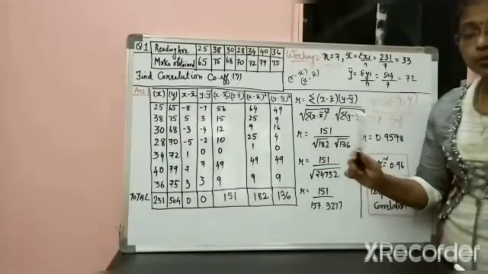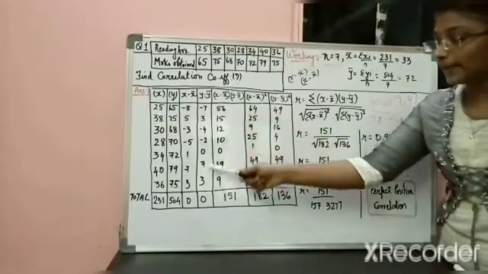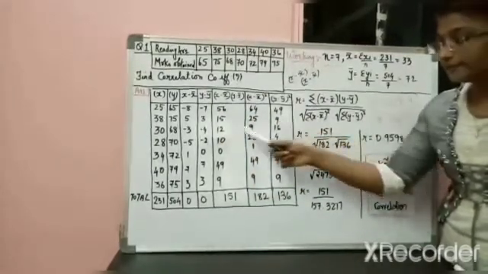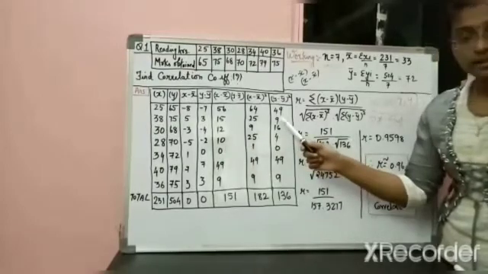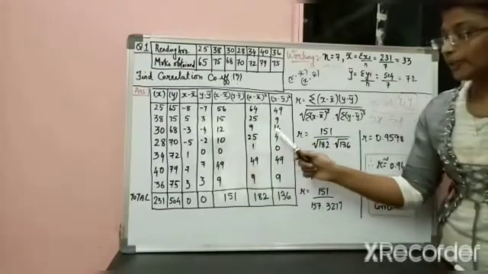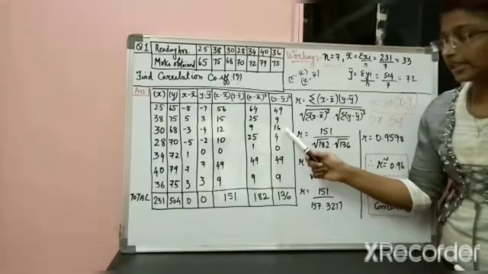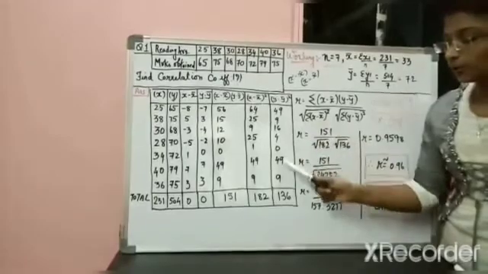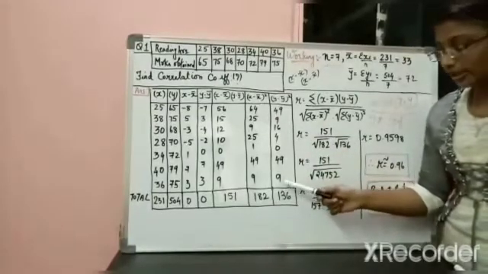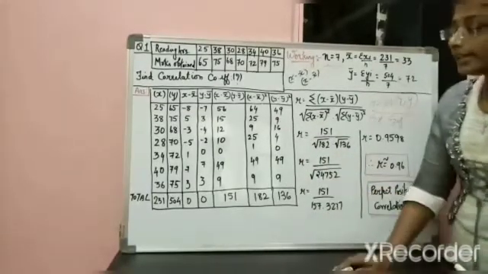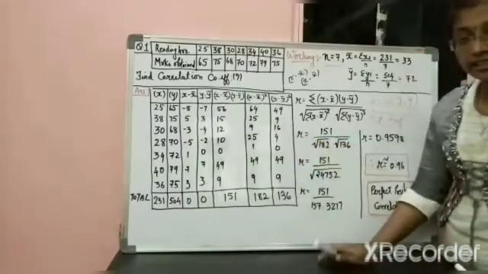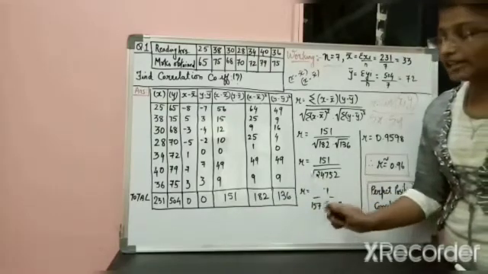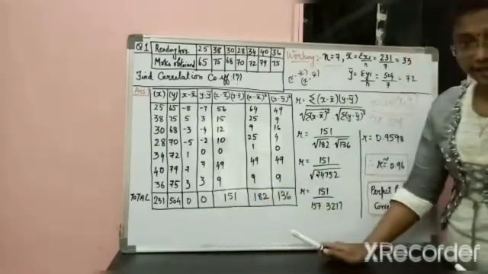Similarly with the y minus y bar the whole square. You have to multiply this column with itself only. That is minus 7 into minus 7 is 49. 3 into 3 is equal to 9. Minus 4 into minus 4 is equal to positive 16. Minus 2 into minus 2 would be positive 4. Like this you would do it on your calculator. Then afterwards, after finding all these columns, you have to make the total of it. For each and every column you have to make the total like this.